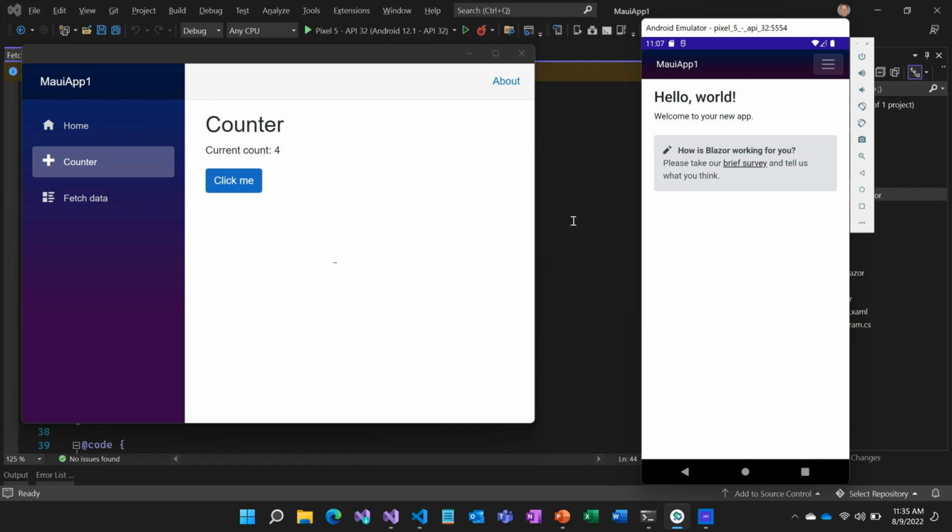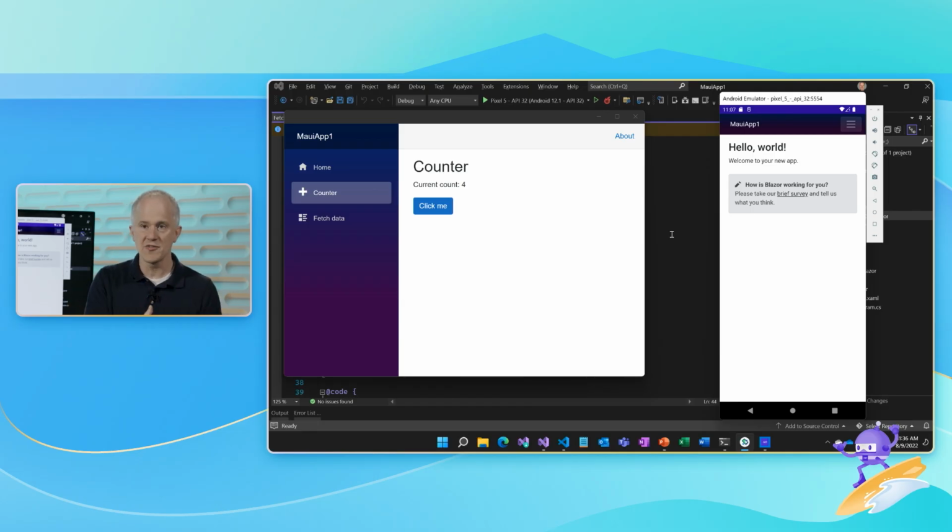Super cool. Okay, so that means we now have a mixture of web UI and native, so we should be able to start taking advantage of native client features. For example, we don't just have to have web UI. If we want to take advantage of native UI elements, we can do that too. For example, maybe instead of this HTML-based left nav bar, maybe we want to actually use a native tab view control from the underlying platform. So we get that native look and feel for that particular part of the UI. You can use as much native UI or web UI as you want.